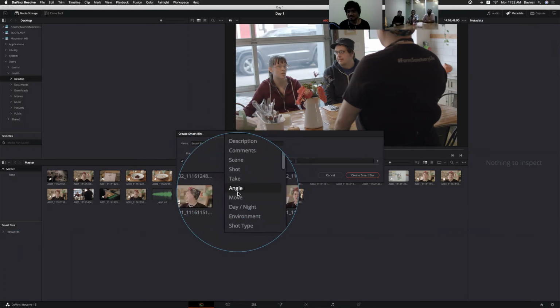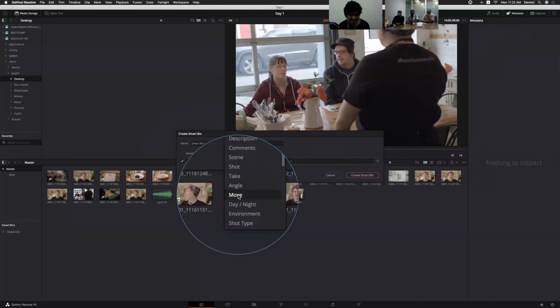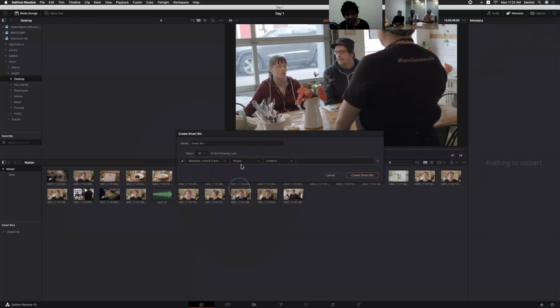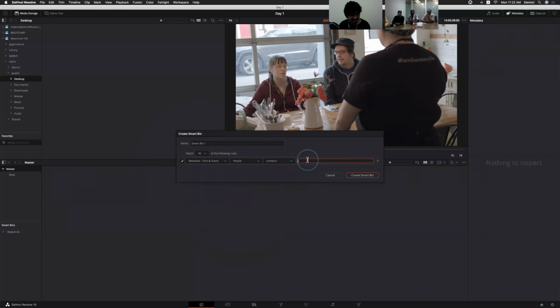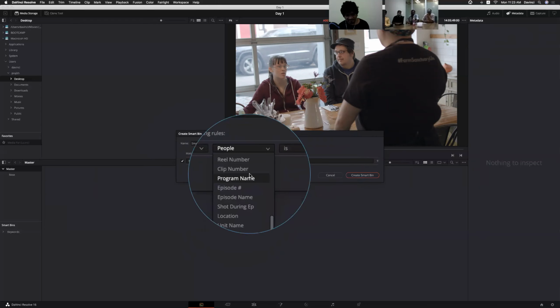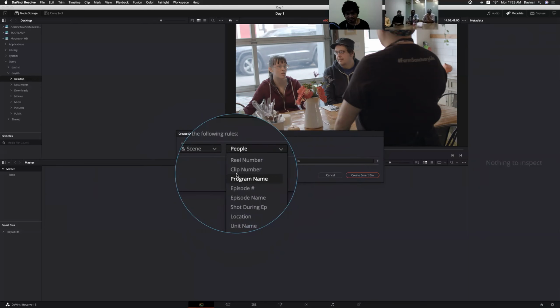Whatever options we saw in the metadata, we see the same options here. Select people, and here in contains, we named it interview. And we can create a smart bin using only those clips. We can use all these options.